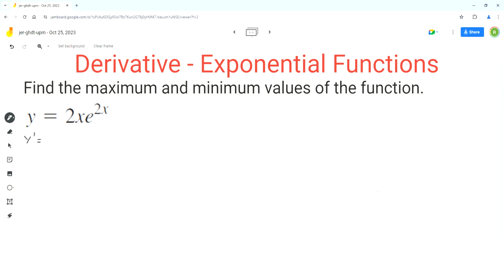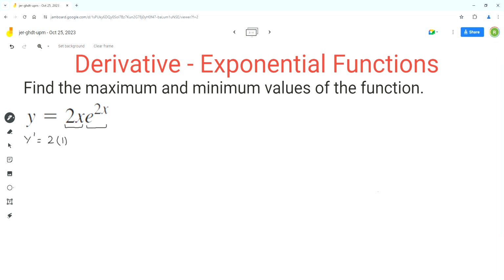Now this function is made up of two types of functions. The first function is the polynomial function, which is 2x, and the exponential function e to the power 2x. And these functions are being multiplied, so we have to use the product rule to find its derivative. So we'll start with the derivative of the first function, and in the first function 2 is the coefficient, so it will stay as it is, and the derivative of x is 1,